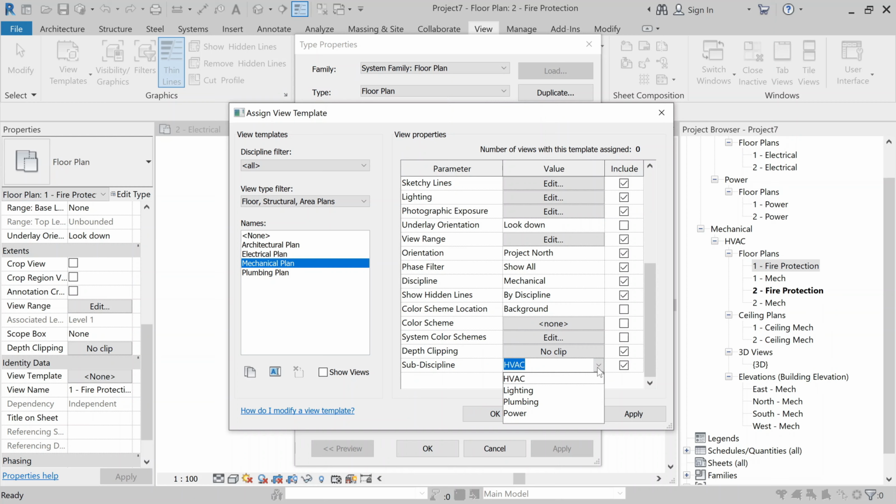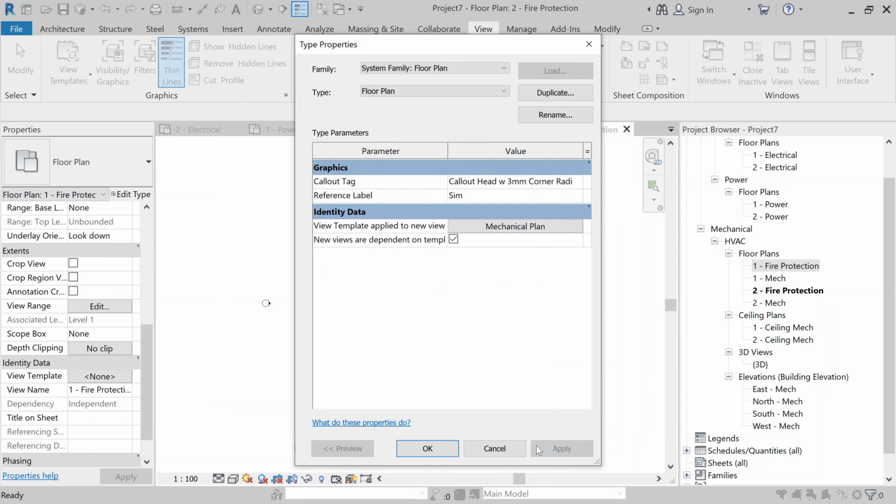These are default subdisciplines, so we have to create a new subdiscipline, that is fire protection. So write fire protection in place of HVAC. It will show you no matches, but it's okay. Click on apply and then okay, apply, okay.